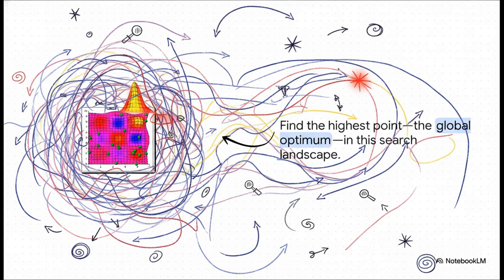Okay, so this colorful grid you're looking at, think of it like a landscape of possibilities. The blue areas, they're not bad. But the red and yellow spots, now that's where you want to be. The swarm's entire goal, its whole mission, is to explore this entire space and find that one single highest peak. In the biz, we call that the global optimum.